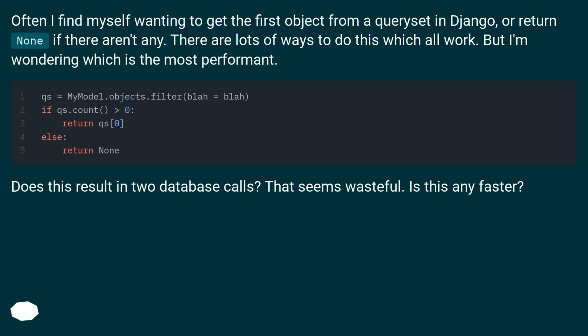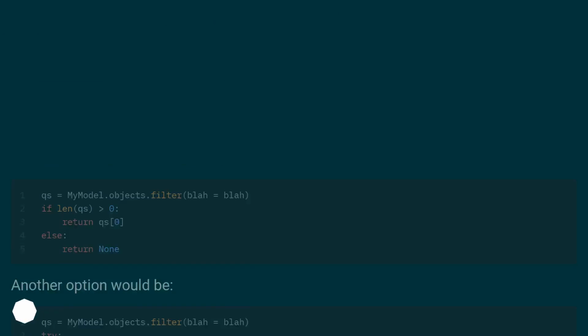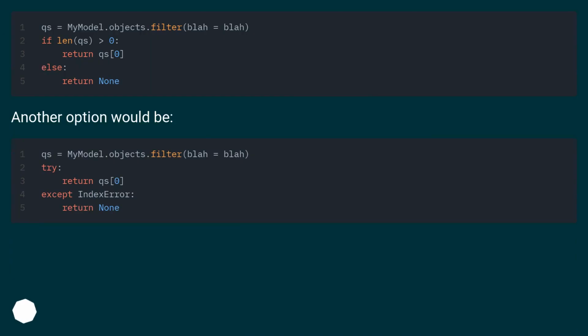Does this result in 2 database calls? That seems wasteful. Is this any faster? Another option would be